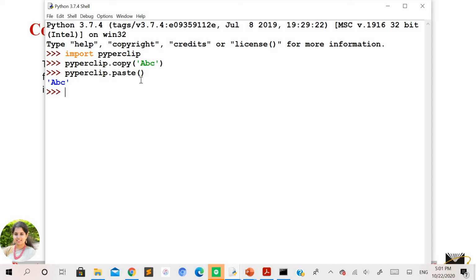Right now it is a very simple example. As we deal with more complex examples, you will come to know how this can be used and where it is more beneficial. The rest of the things will continue in the next video.